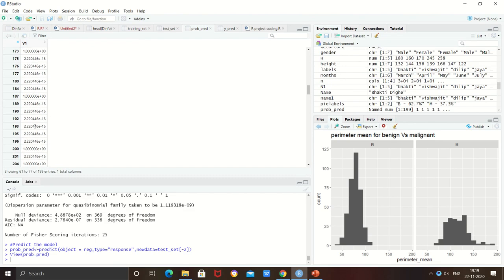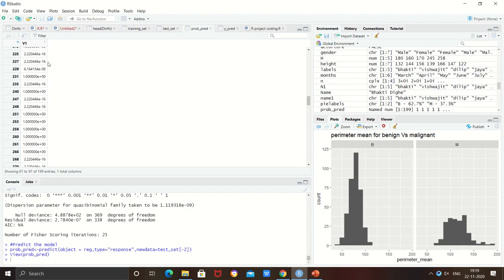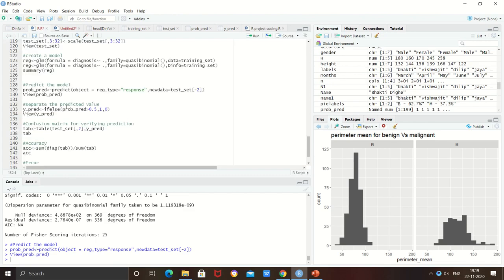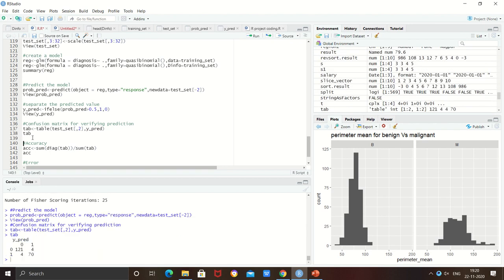So this is what these values appear when we use the predict function. Now we will use the confusion matrix for verifying prediction. For that purpose we will run this line of code.